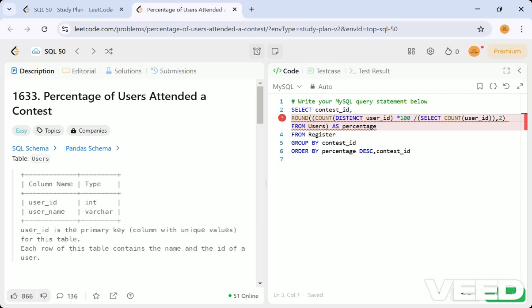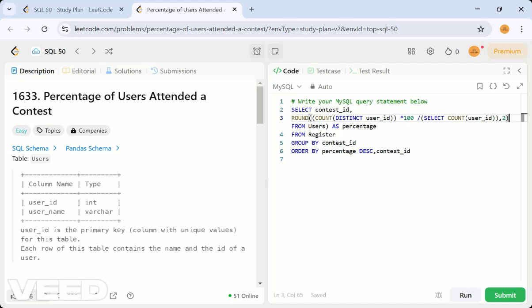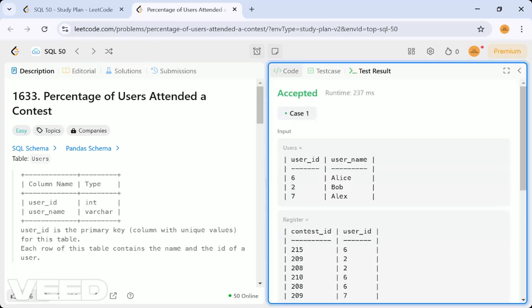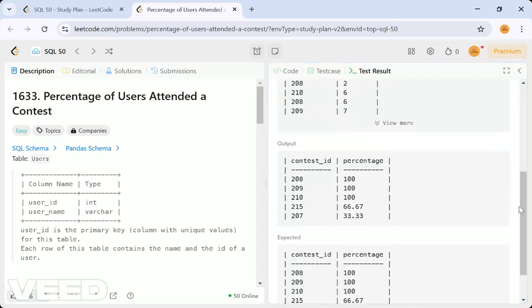See, count is fine. Count of user ID into 100. Okay, this is one part. Count of distinct user ID into 100 divided by count from the users table. See, this is a subquery actually. In that we should not mess up the users. After users, we have to round that up to two decimals. So this will work definitely. The braces, where we are keeping them, we have to be conscious about. So yeah, fine. Now we have done the rounding up also.